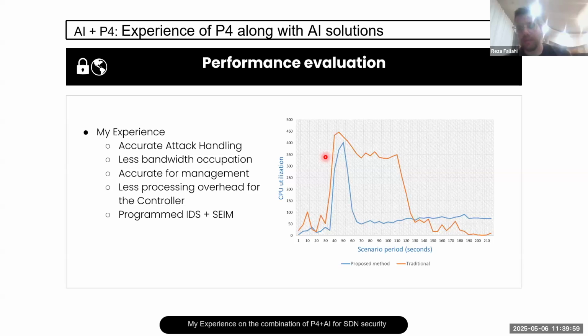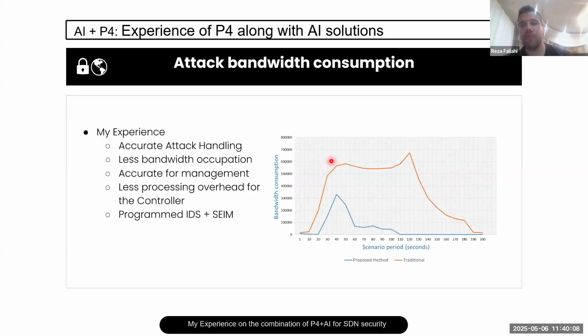And you can see here, for example, the difference between the two scenarios I've implemented, one with the OpenFlow switches and the other one with the P4 BMV2 switches. And you can see the difference. Okay, this is the bandwidth consumption of the attacks. You see how much bandwidth the attacks have here, and how much it was in the case of the P4 scenario to detect those types of attack.